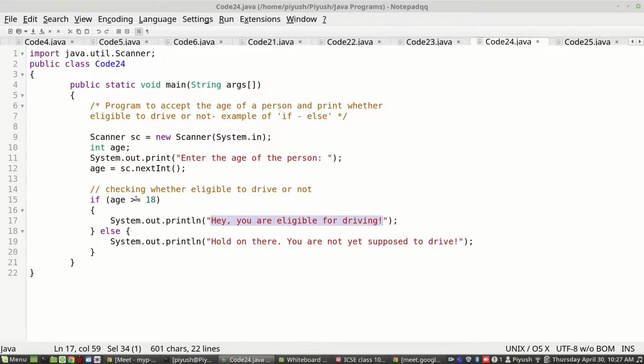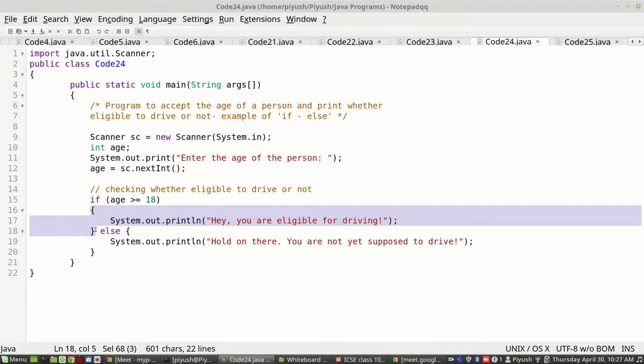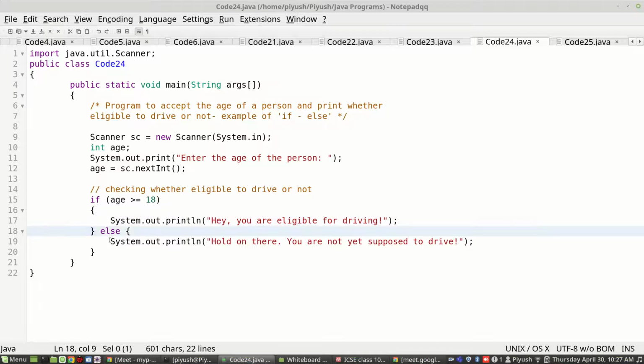And if this is not the case, the condition will become false, and therefore the if block statement won't be executed, rather the else block statement will be executed, and it will print, hold on there, you are not yet supposed to drive. Because there were only two conditions, either the person will be eligible to drive or not, we used the if else structure with the testing condition as whether age is greater than or equal to 18.